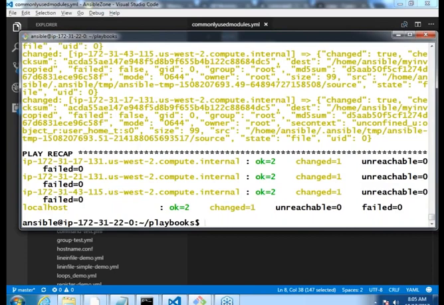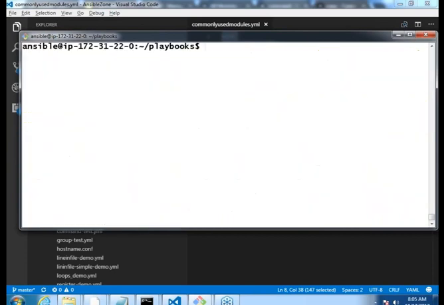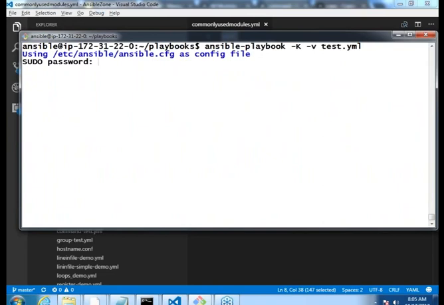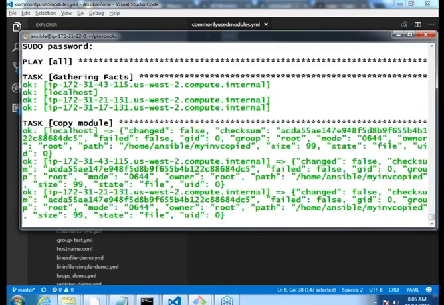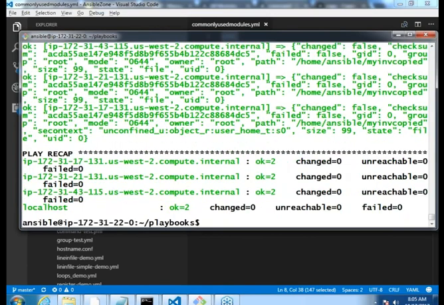Then I would log in into these machines and show you. Okay, this time are you seeing change? Change is 0 because what it says is that file is already there. And now let us log in into one of these machines.